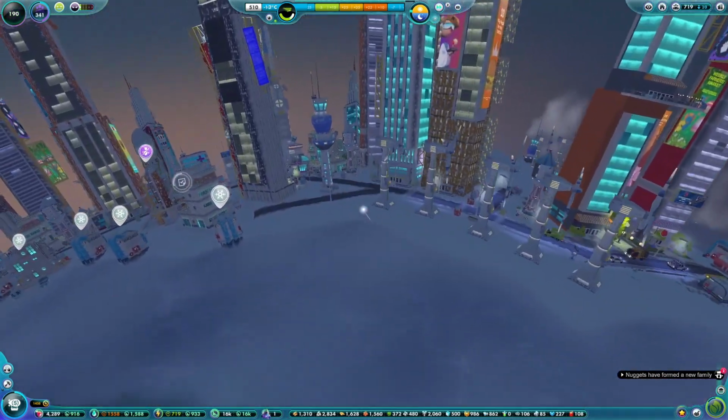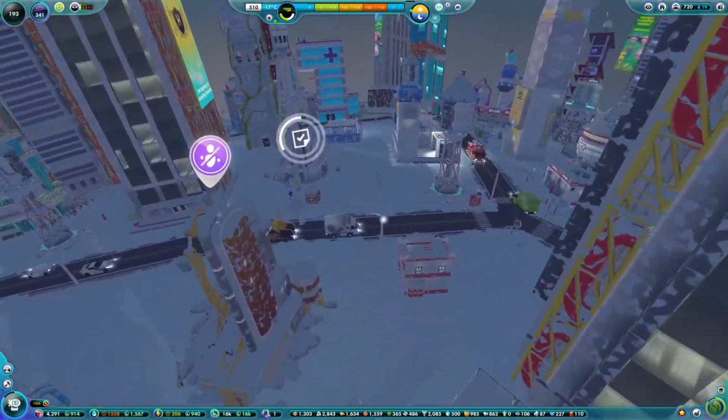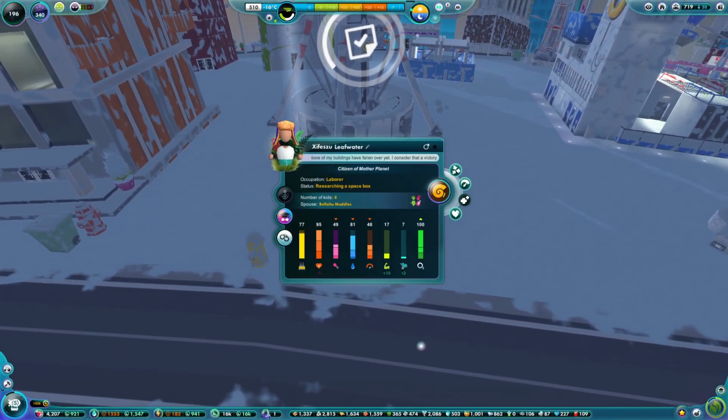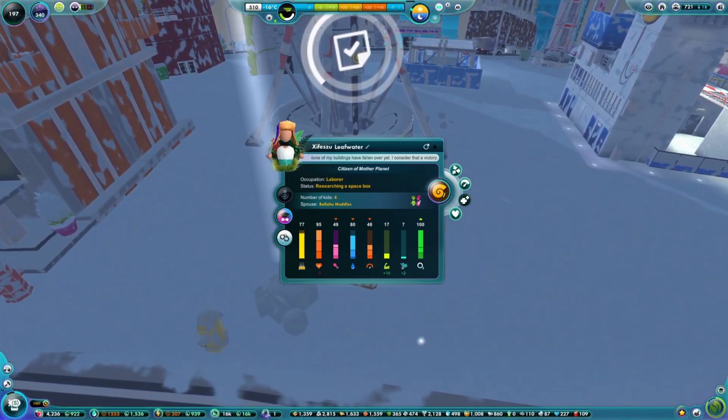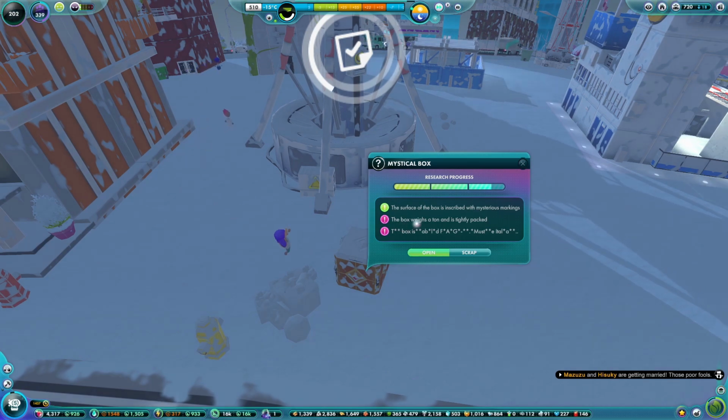How are we looking with the box? It was only needing a few final little bits, wasn't it? So, you're still working on it. Well done, Zifesu Leaf Water. How are we looking? So, yep, the surface of the box has got mysterious markings. The box weighs a ton and is tightly packed. The box is labelled...